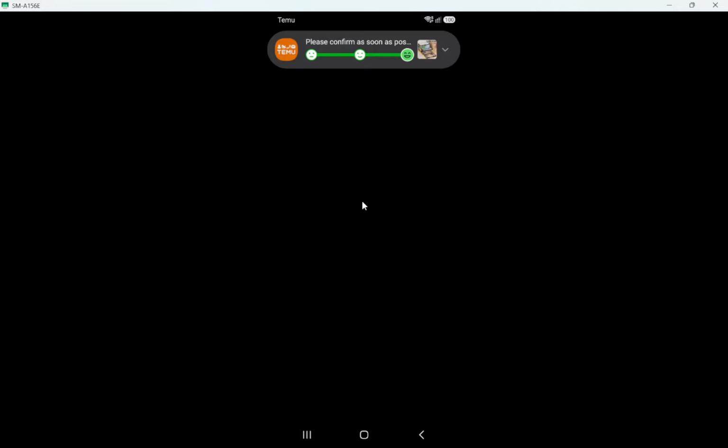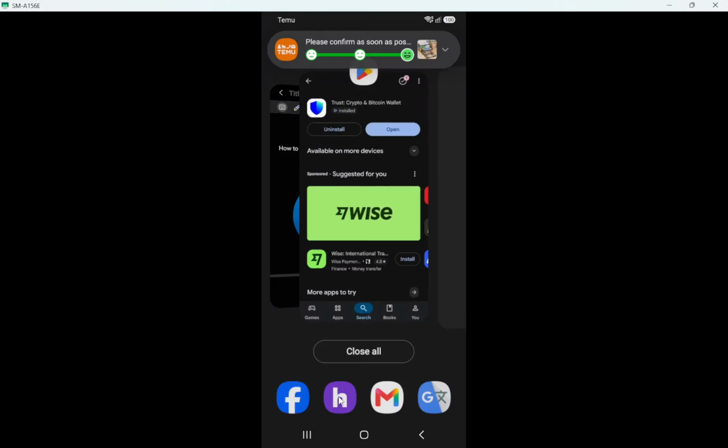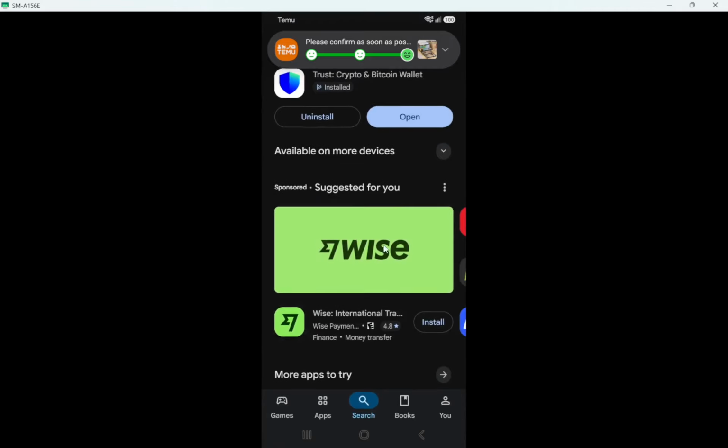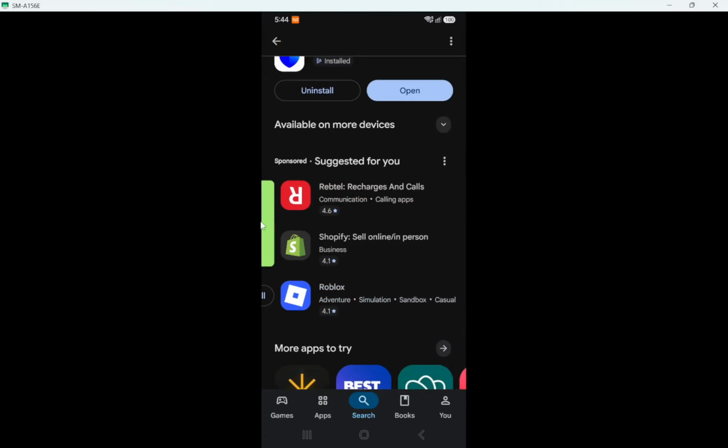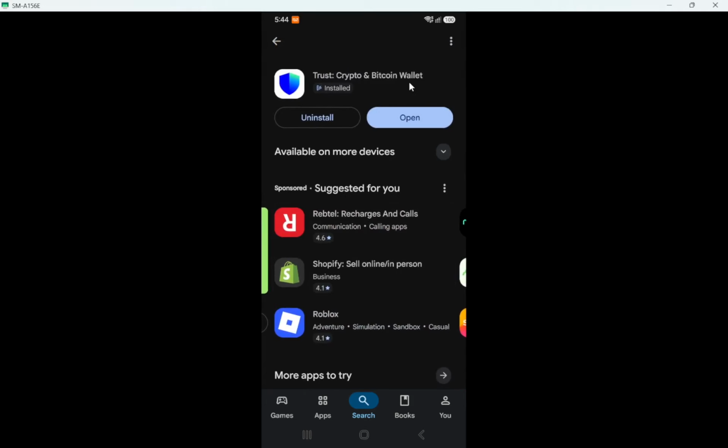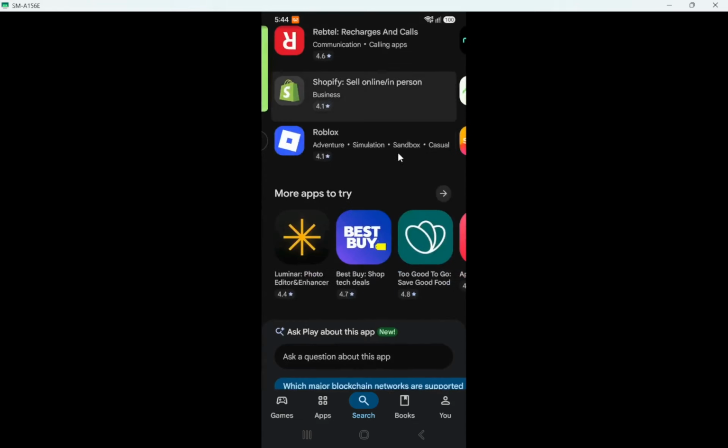The app will guide you through creating a new wallet or accessing an existing one, step by step. Take your time reading each instruction, since wallet setup controls how you access your crypto later. Most changes you make here apply immediately, without any separate save button, so double-check each choice before you move on. You have now downloaded Trust Wallet on your Android phone and opened it ready for setup.